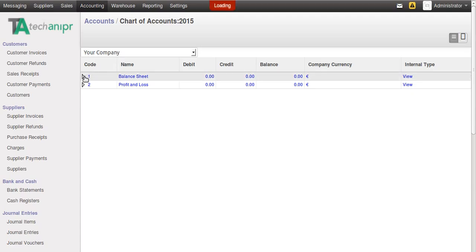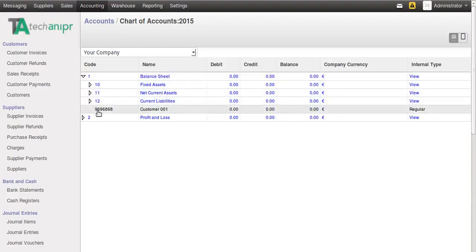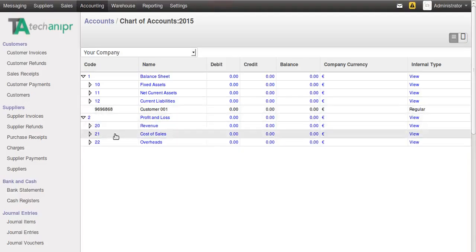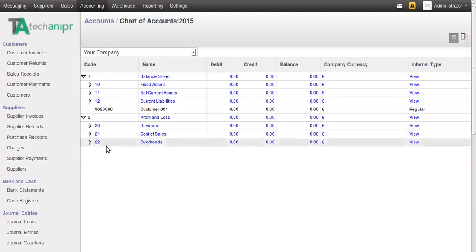Here is your balance sheet. I created one account, and it comes directly under your balance sheet. And your profit and loss account, which is the revenue and cost side. Like this, if you create any accounts, it will build your chart of accounts at the same time.